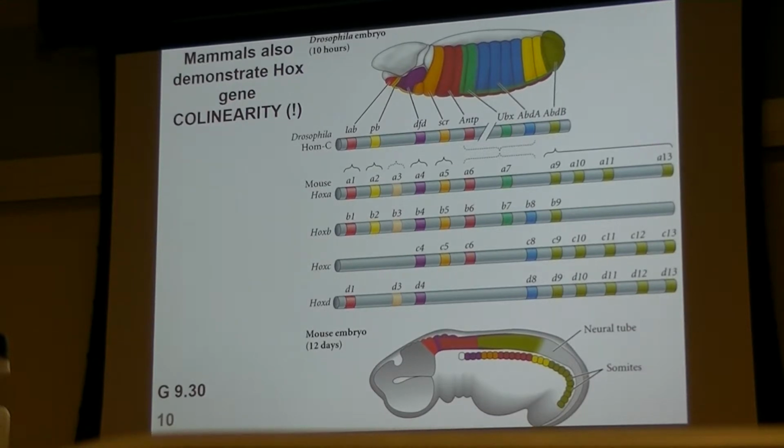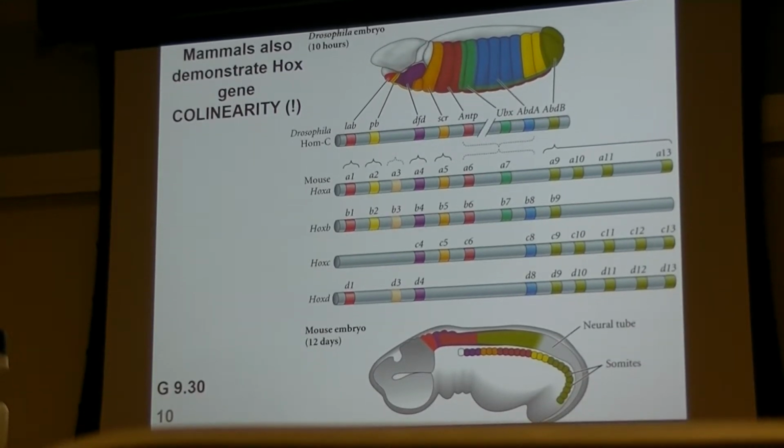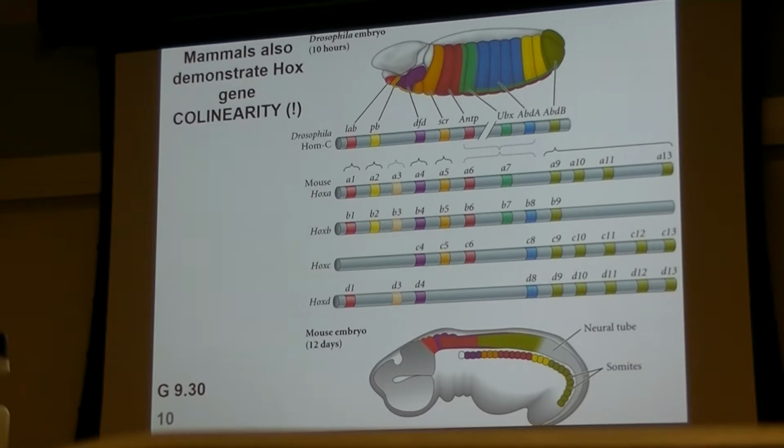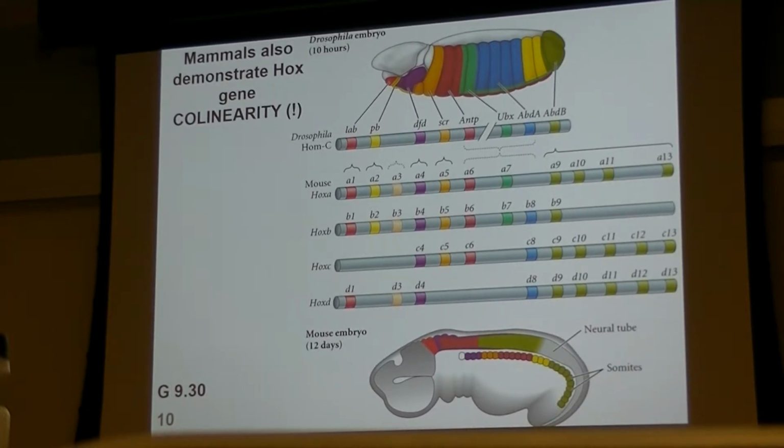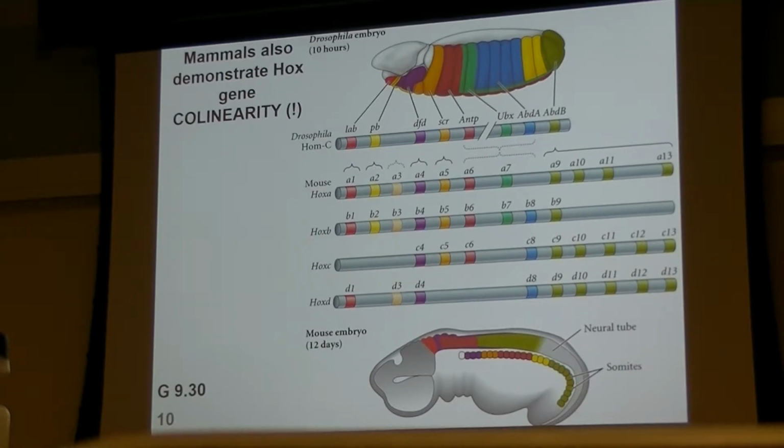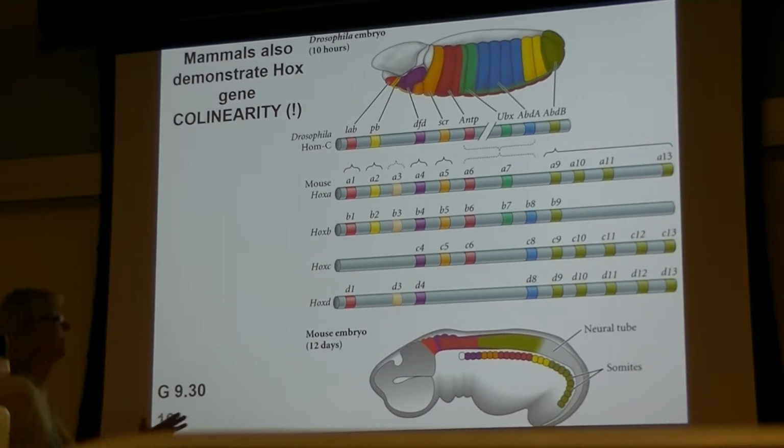They're all functional genes that make protein products, and those products are all transcription factors. Moreover, the mammalian genes also show this sort of unique and special situation of collinearity. So their expression patterns in the embryo are within certain anterior-posterior domains that kind of match up to their